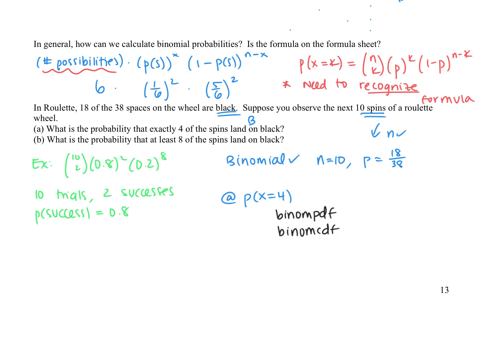Okay. So here is the difference. PDF is a single probability. CDF stands for cumulative. And when we say cumulative, we mean less than or equal to. So we want a specific probability, we don't want something cumulative. So we're going to do binom PDF. When you click that,